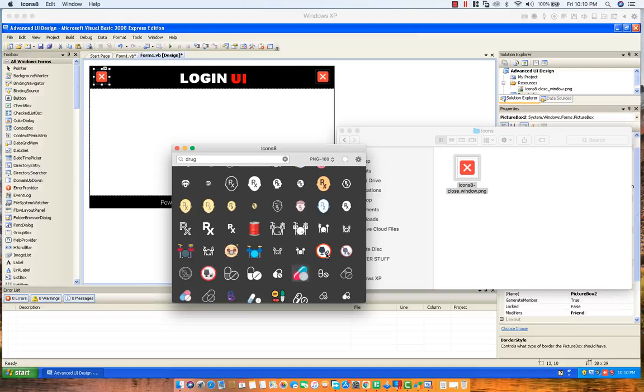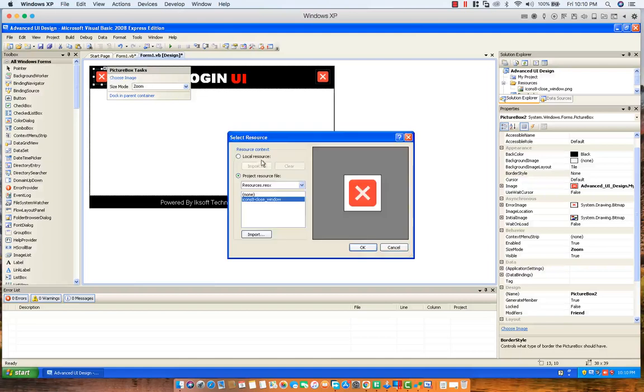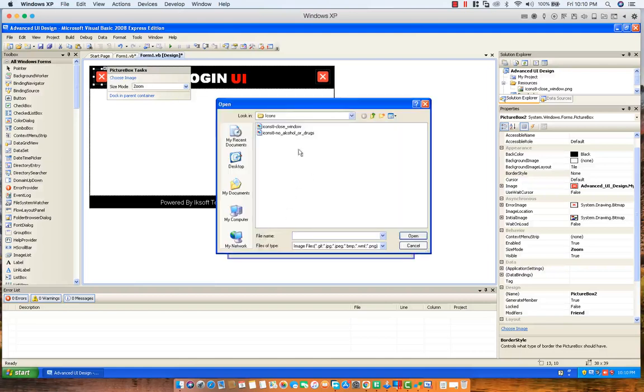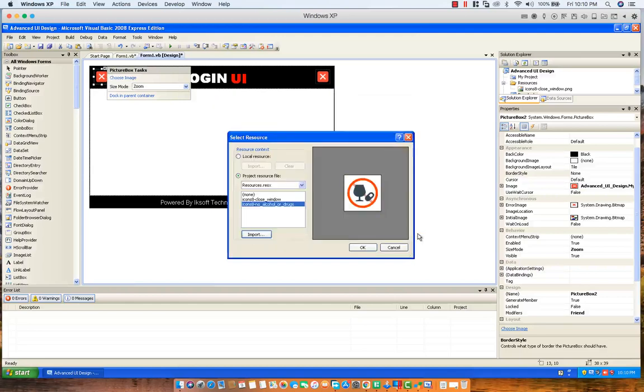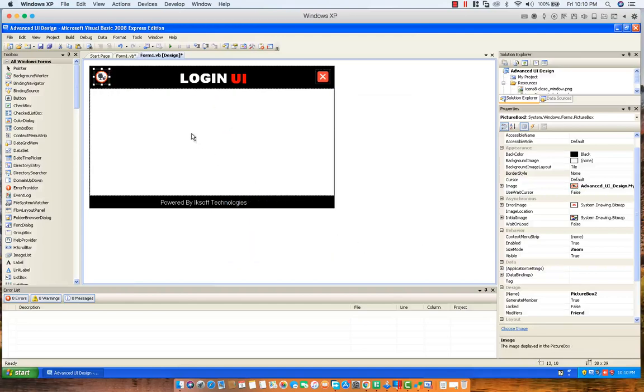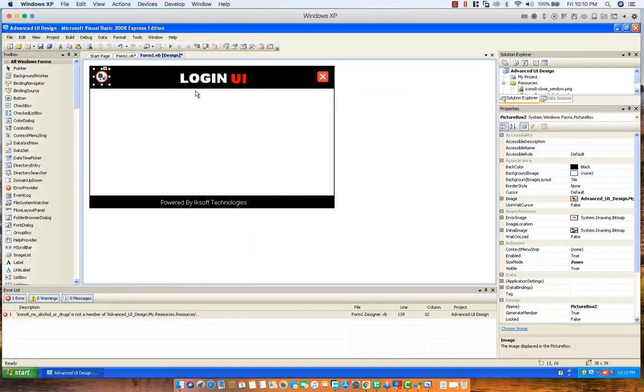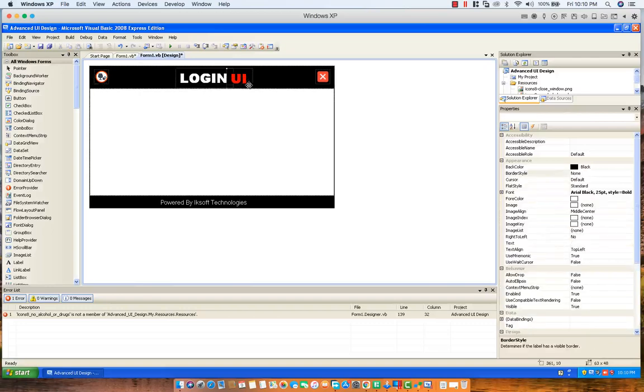Okay, so let's say this is a trafficking system or whatever it is, because the background is black, I think this color is gonna be cool. So I choose the image I want to import, and I'll choose the thumbnail to see whatever I'm doing. So I have this guy here, and you see it makes the UI look very, very interesting